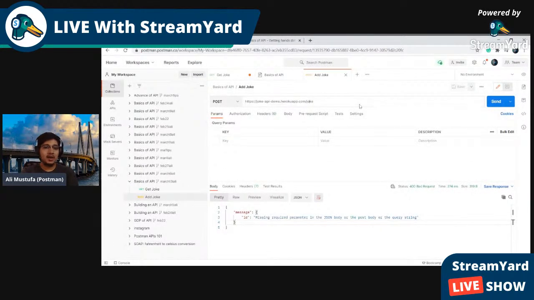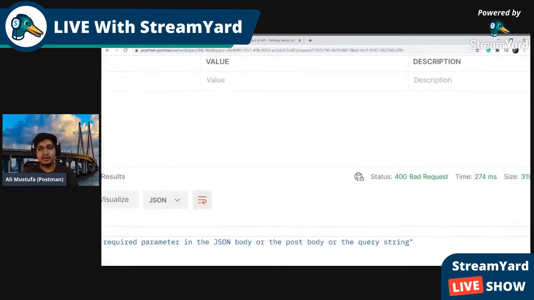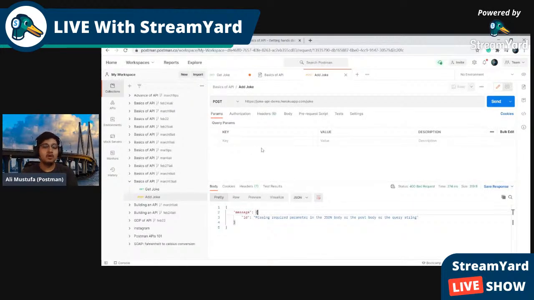So once you add it here, you should see an error which says ID missing parameter and it says 400. Now anything from 400 to 500, you need to be scared because that is something bad happening on the server. So it says bad request. Now, once we want to add the request onto the server, we need to make sure that we are sending the data to the server. And for doing that, we need to add a body.